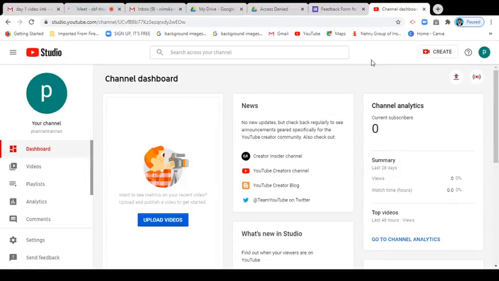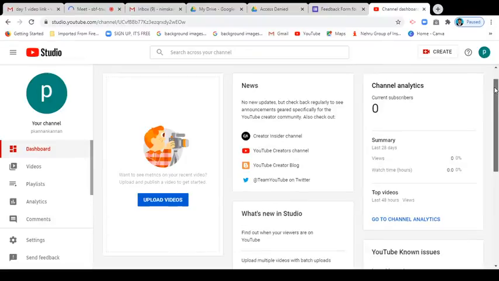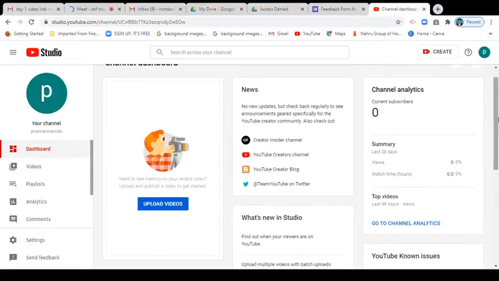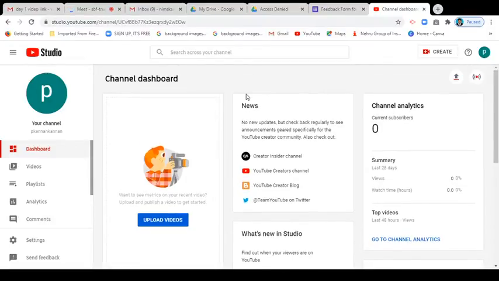At that time you can enter your mail ID and password. Automatically you get the channel dashboard. Your Gmail ID is enough. Yes, this is the channel dashboard.